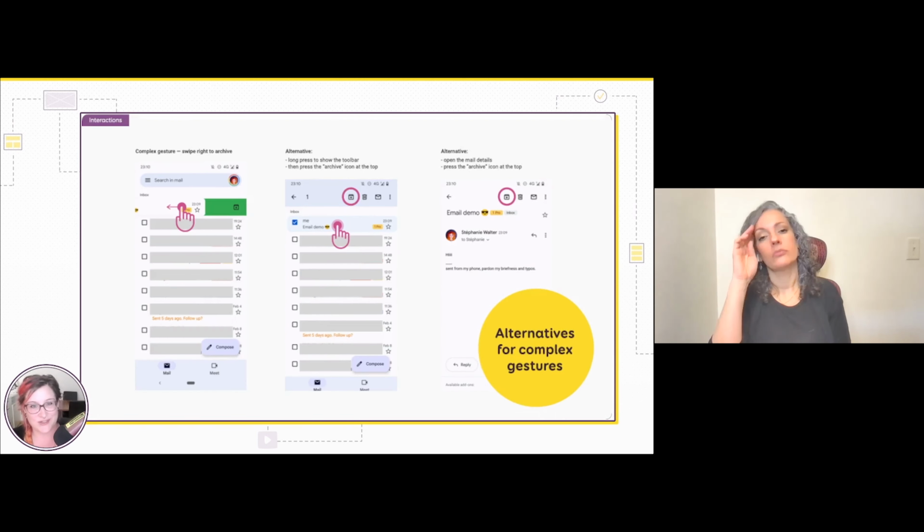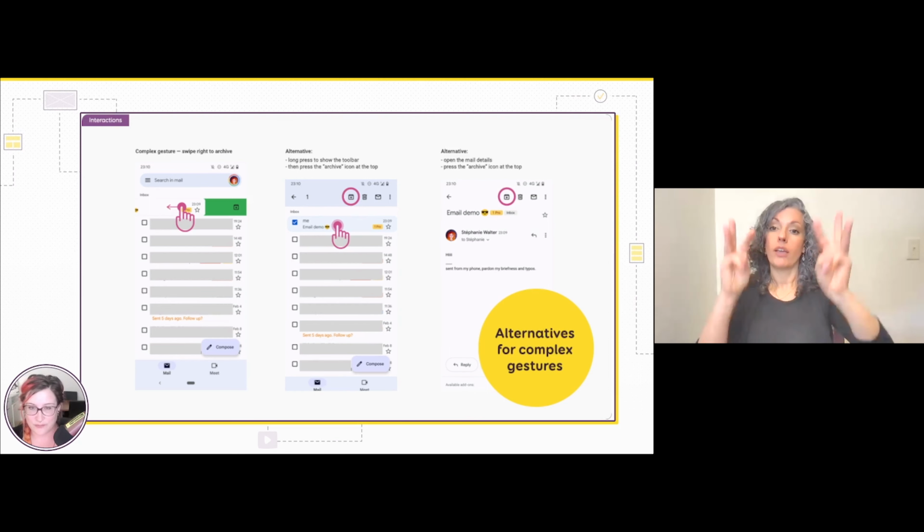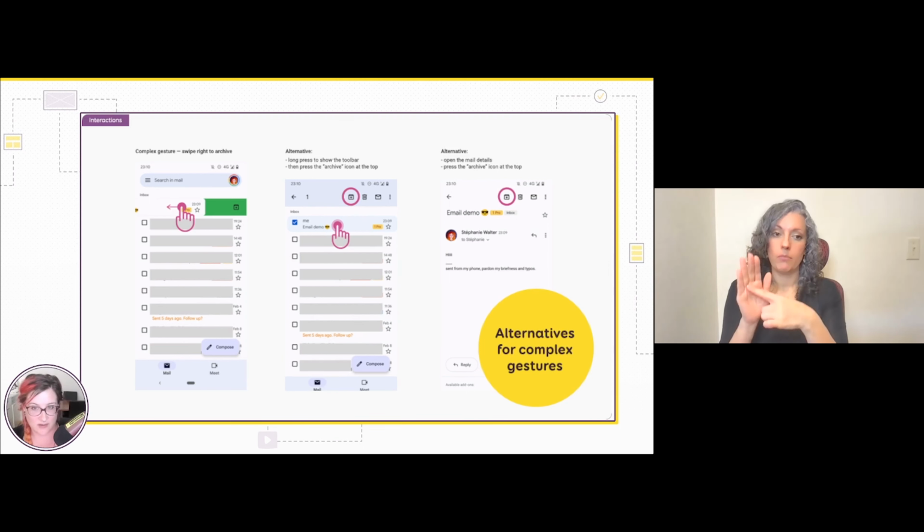Providing alternatives for complex gesture is also an accessibility requirement and a usability best practice. If you take Gmail, Android app, for instance, you can swipe right to archive an email directly. This is considered as a complex gesture. So if I were to document something like that for Gmail, I would document two alternatives.